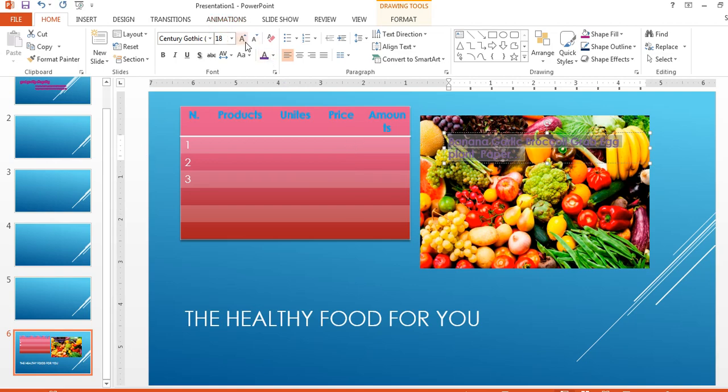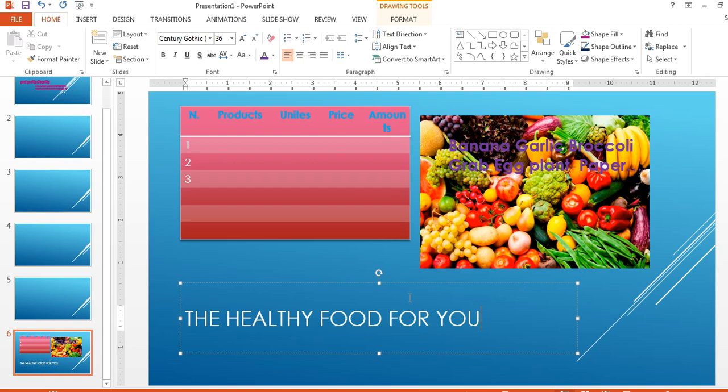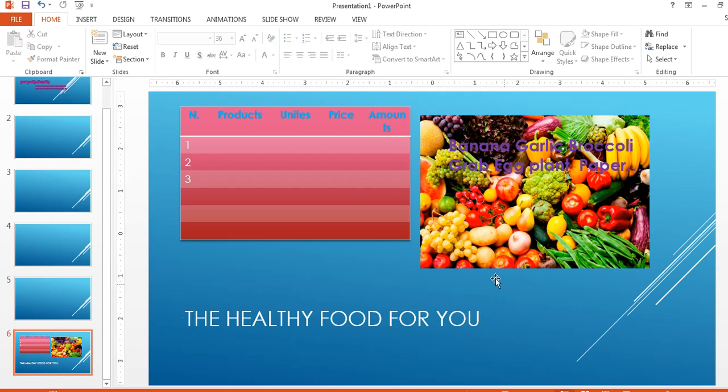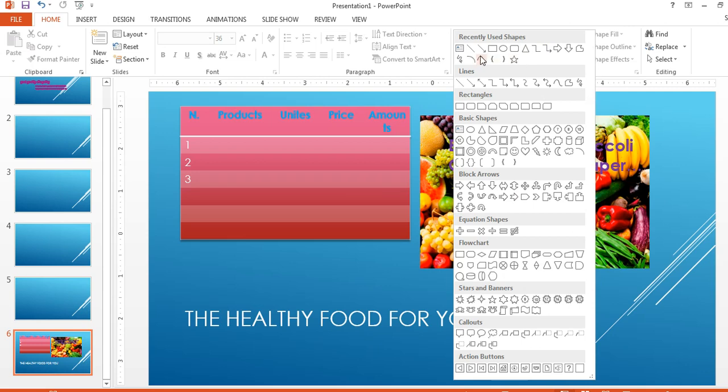You see here, wow, yes, it's bigger than before, so you can see clearly, but it is just some support for this. You can see also here, it means the recently used shape. Shape is almost the same